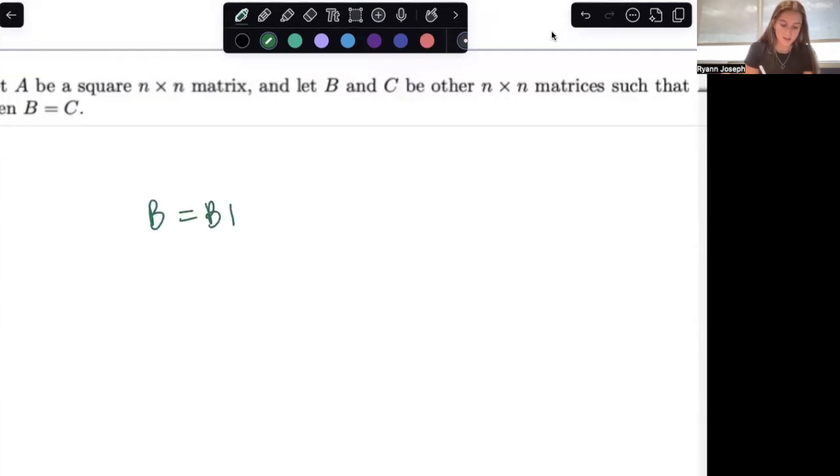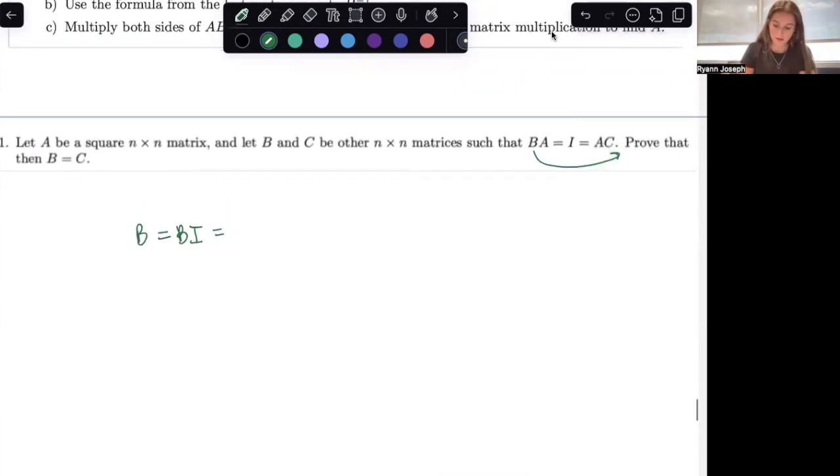B is equal to B times the identity matrix. That's what the definition of the identity matrix is. It is associative, right? So whenever you multiply a matrix by its associated identity matrix, it is still itself. We are told that